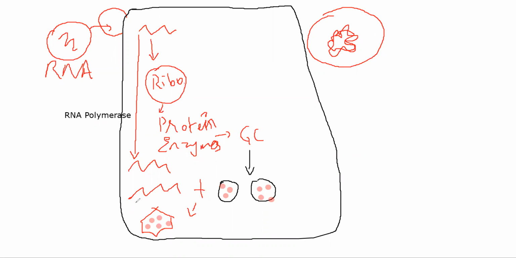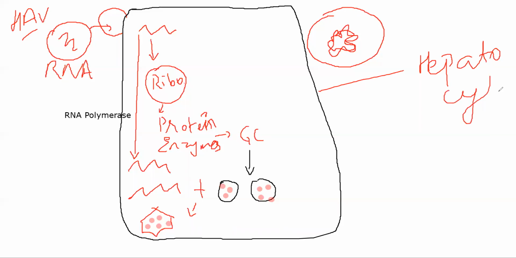Did you understand what is happening till here? I'll just repeat once again in case you did not understand. We have, let's suppose this is HAV virus. This fellow is coming to your hepatocyte. So this is your hepatocyte. It will enter your hepatocyte using endocytosis. Once it has released itself inside, it will do two things. First thing is it will use the ribosome to start producing viral proteins and viral enzymes.